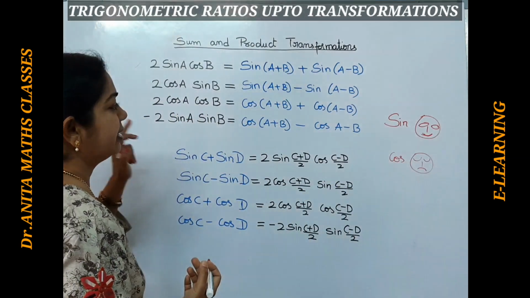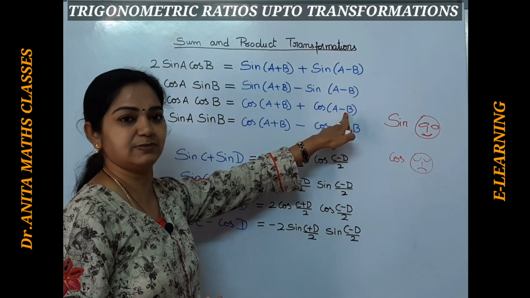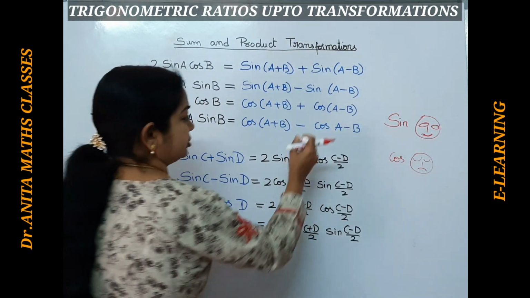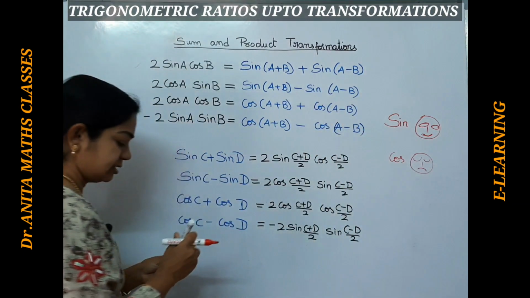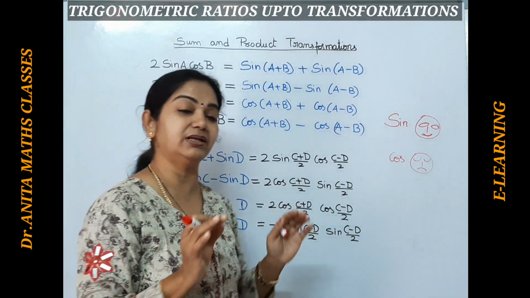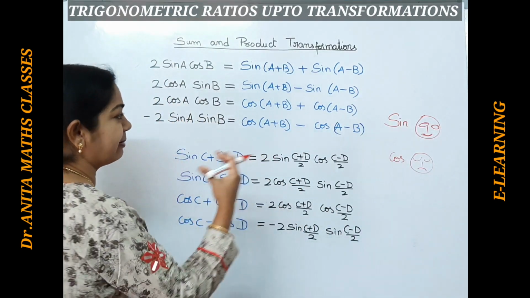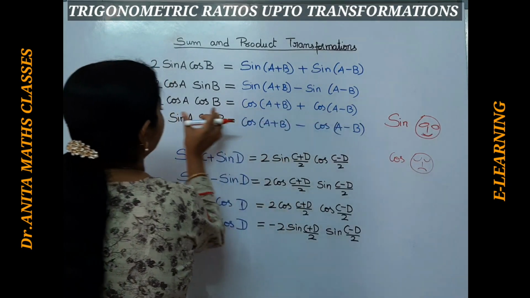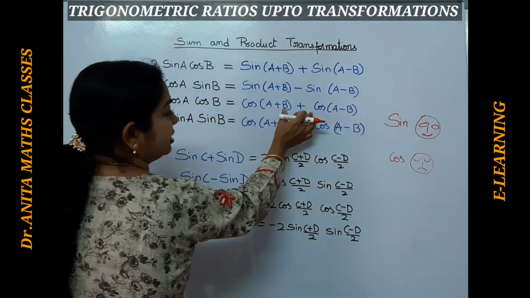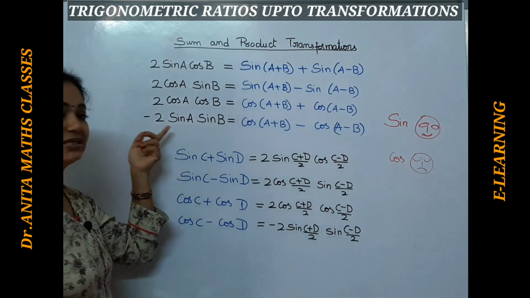The second part. Now the third is cos and cos here. Cos A plus B, cos A minus B, and cos A plus B, cos A minus B here also. So if you are taking cos, we were telling, it is a stubborn function. It does not include any other thing. It is very selfish. Likewise you remember for cos. If you are taking cos, it only includes cos. It's not taking any sine. So cos A cos B. Now for the minus here, it is taking sin A sin B.